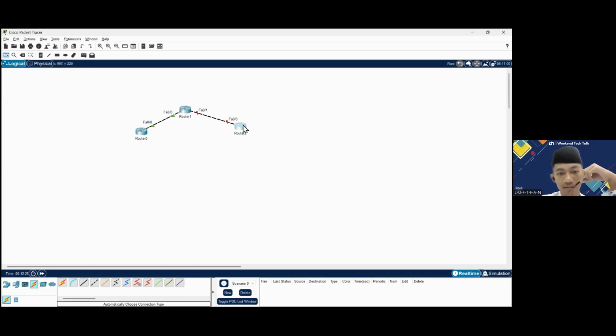Okay, now we'll configure router 2. Enable, configure terminal, interface fa0/0. Just add the IP address.